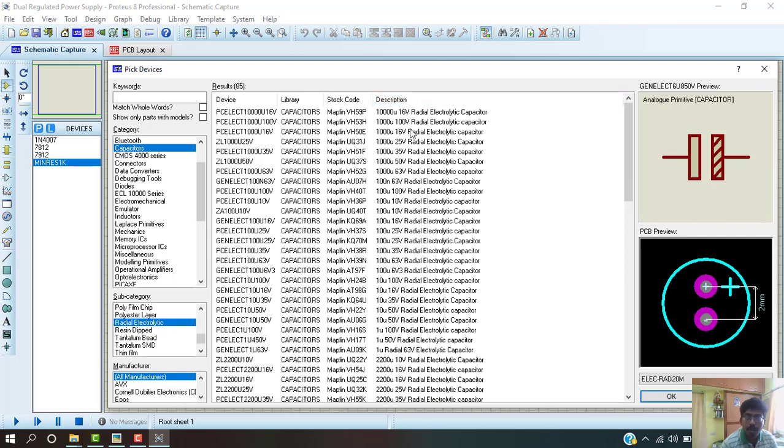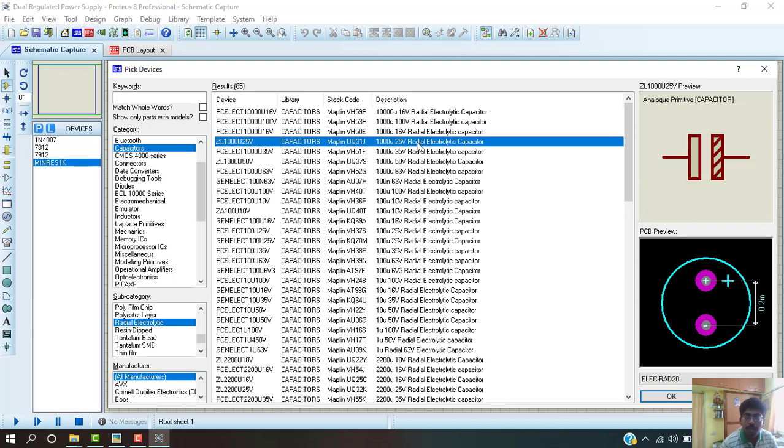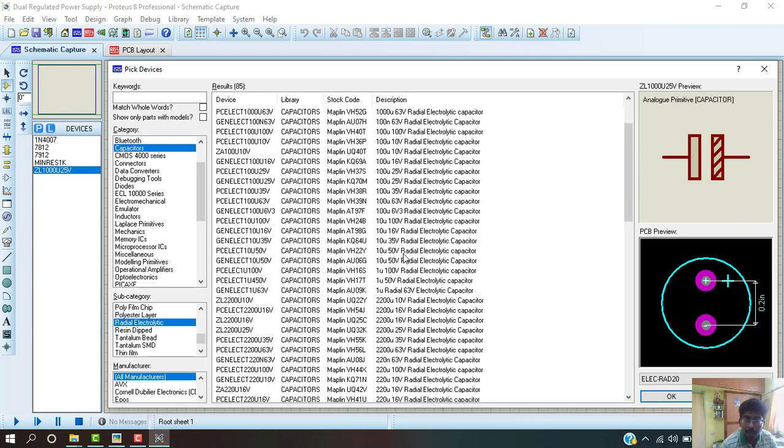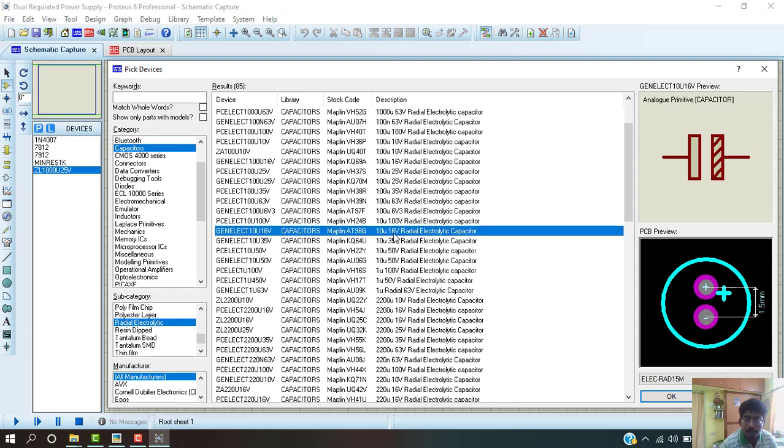If you sort it, you select 1000 microfarad of 25 volt, double click it, this will add it in the devices. Next we have to select the 10 microfarad capacitor of 16 volt. Here it is, select it and add it in the devices, double click it.